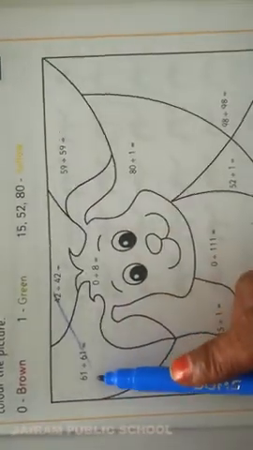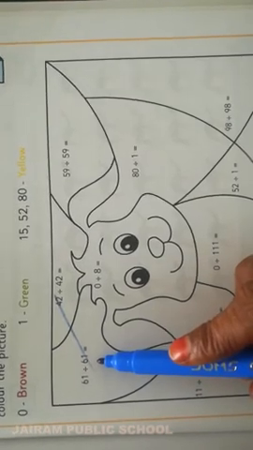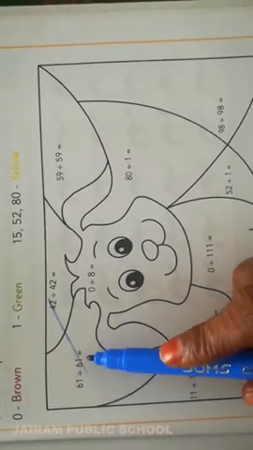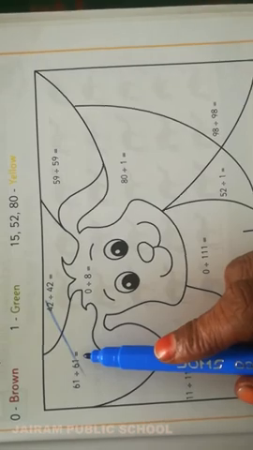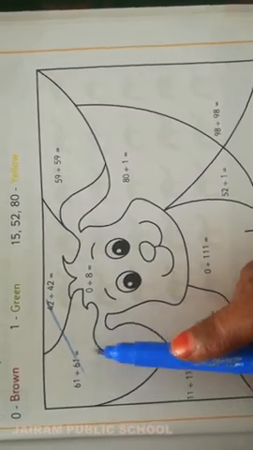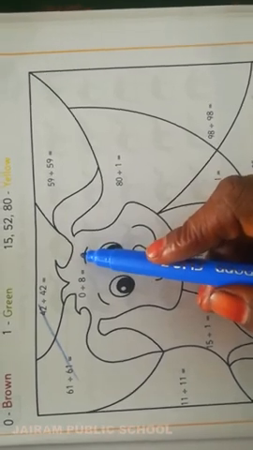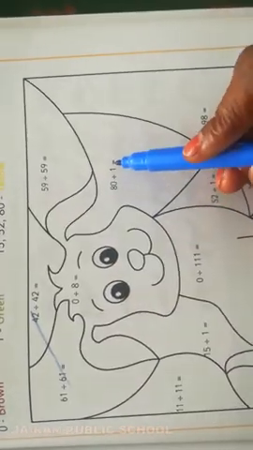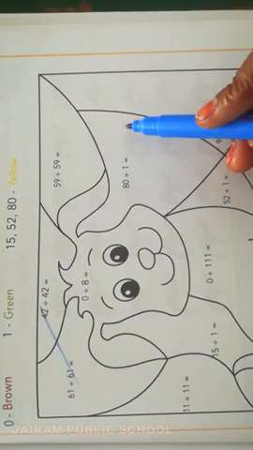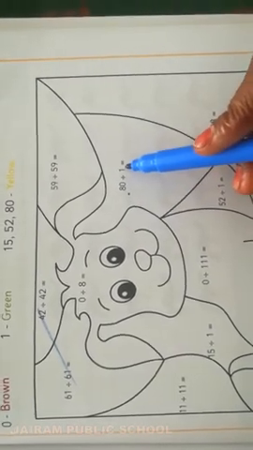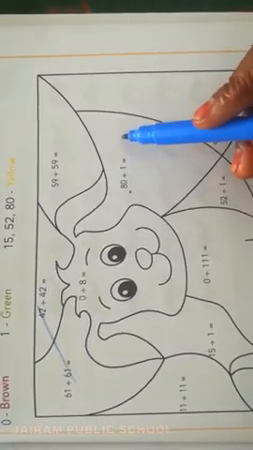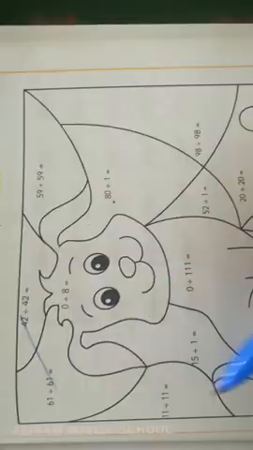For that, 61 divided by 61: any number divided by itself, we get the quotient 1. 0 divided by any number, we will get the answer 0. Then 80 divided by 1 is equal to 80, because any number divided by 1, we will get the same number. Like that you have to do all the sums,